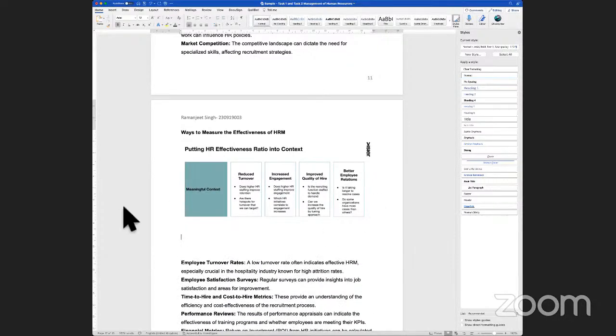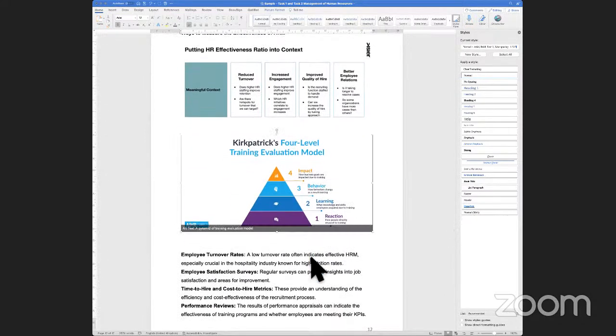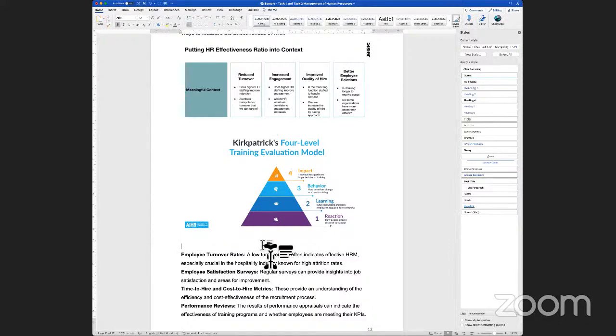Now, here, there is a particular model that can also be put into practice, which sometimes is referred to as Kirkpatrick's model. If you want to present one aspect, that training and development is one of the functions which is performed quite well within the organization, then at some stage, if training has led to increased efficiency and productivity within the organization, thereby most employees are achieving their targets and their results, then HR can use the Kirkpatrick's 4-level training